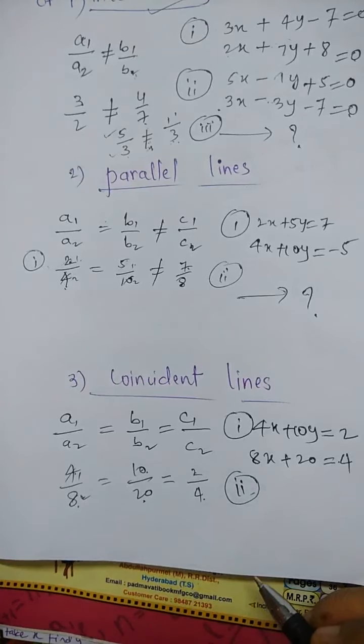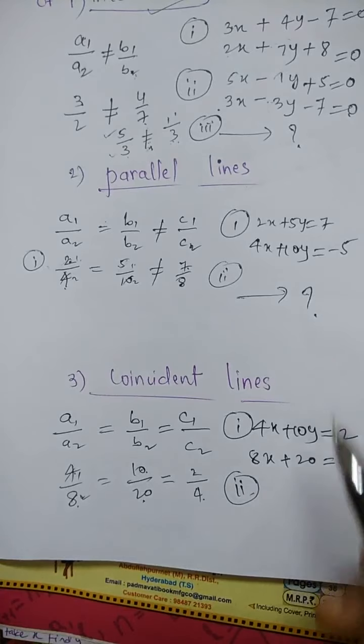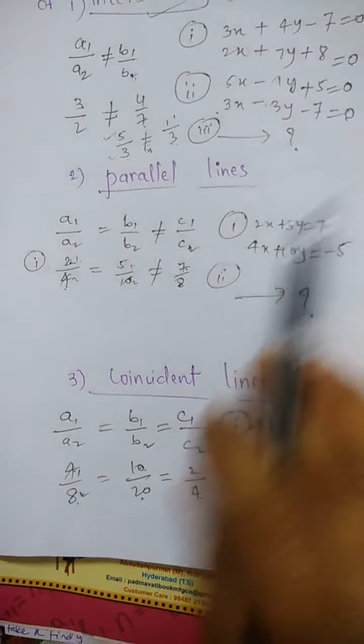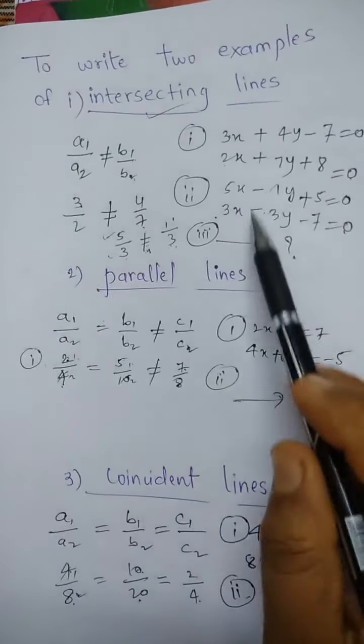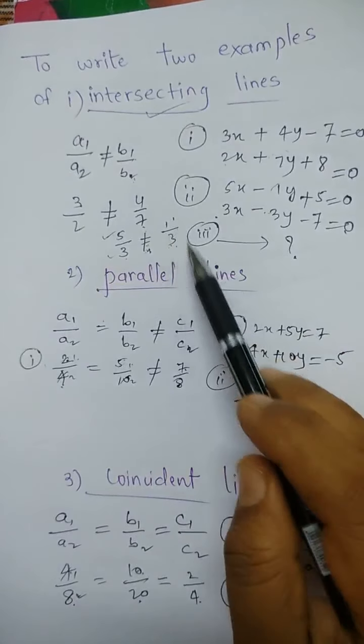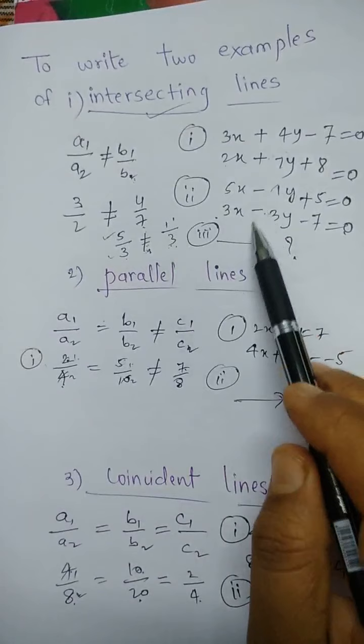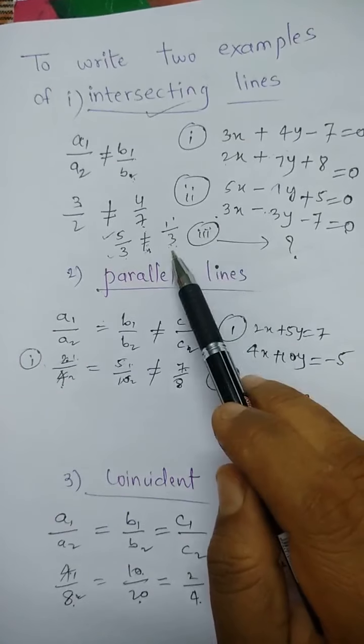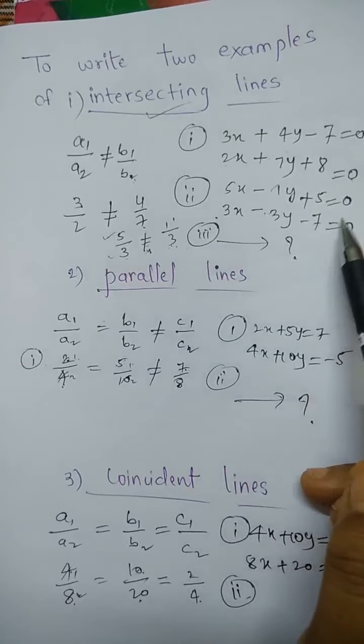You write down your own. Here you should take care with the minus sign. I have taken minus here. Minus 1 minus will become plus, so you will get plus 1 by 3. Okay. Don't take a different sign here. Take care of this.